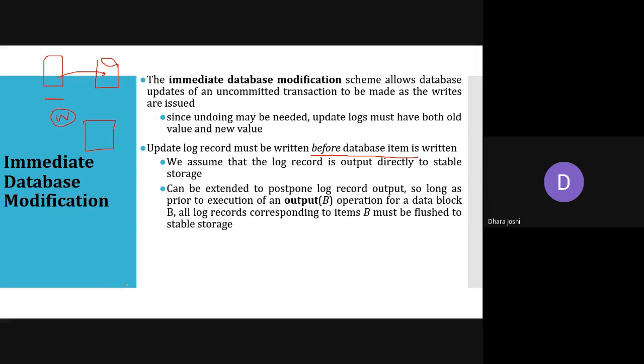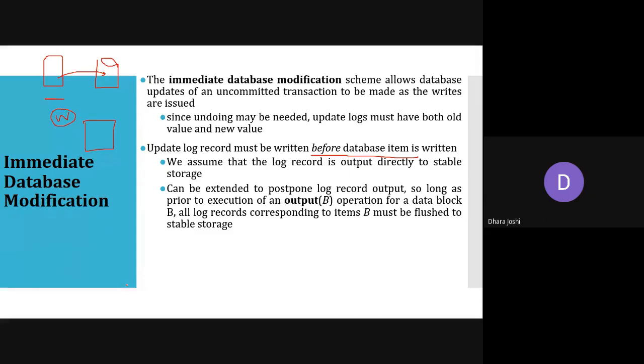This can be extended to postpone log record output, so long as prior to execution of an output(B) operation for a data block B, all log records corresponding to items in B are flushed to stable storage.